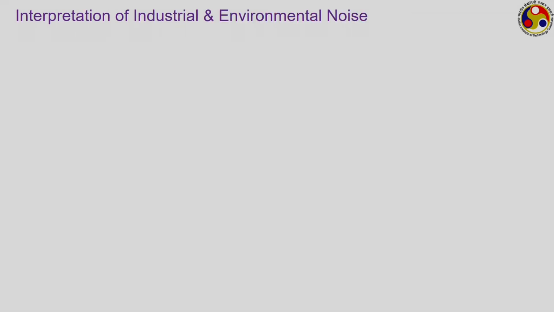One final thing to talk about is the interpretation of industrial and environmental noise. Now, noise is always present in any kind of signal, and therefore, it is important to use certain parameter to get an idea about this noise, and therefore, we use something known as equivalent sound level. It is quite similar to the sound level that we have defined, and it only has a symbol L equivalent. Now, this L equivalent is defined as, just like the previous case,